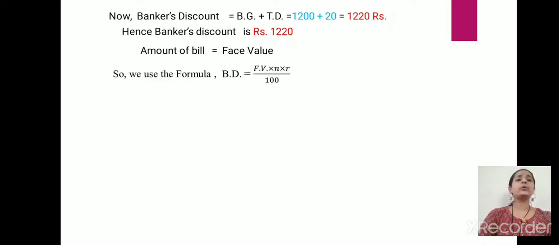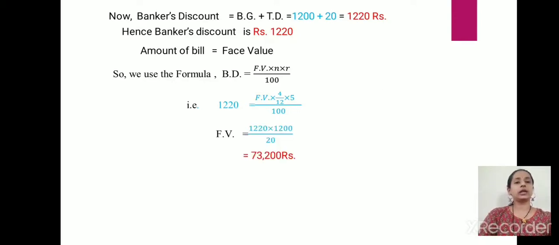Now what we don't know? We only don't know face value. We know banker's discount, we know n, r, substituting the values. Banker's discount 1220, face value unknown. The period is 4 by 12, we know that, into 5 upon 100. Doing the calculation, you will get face value as